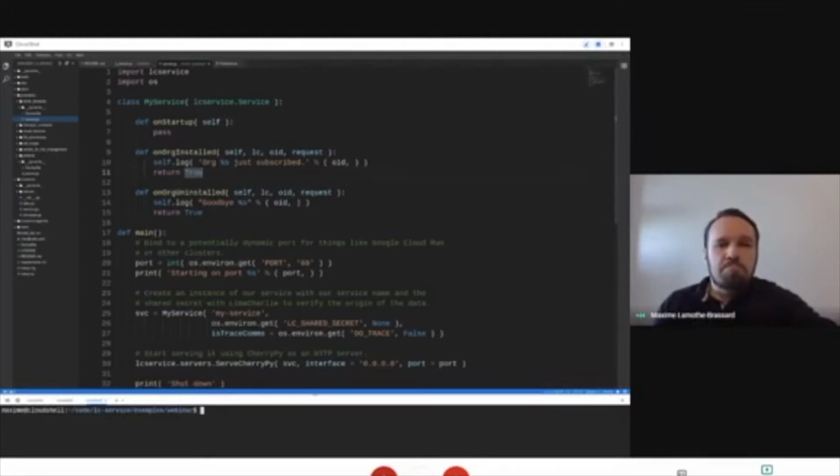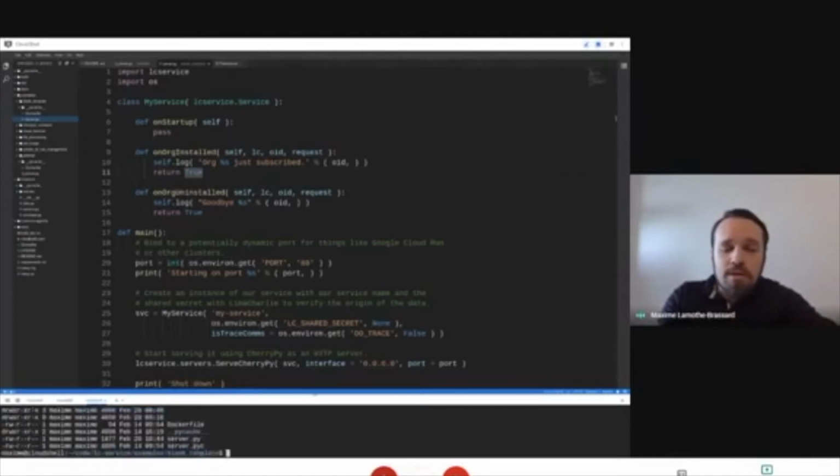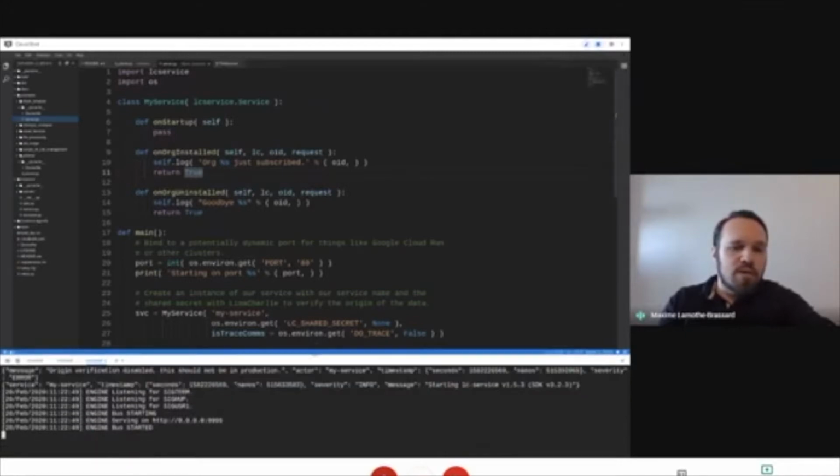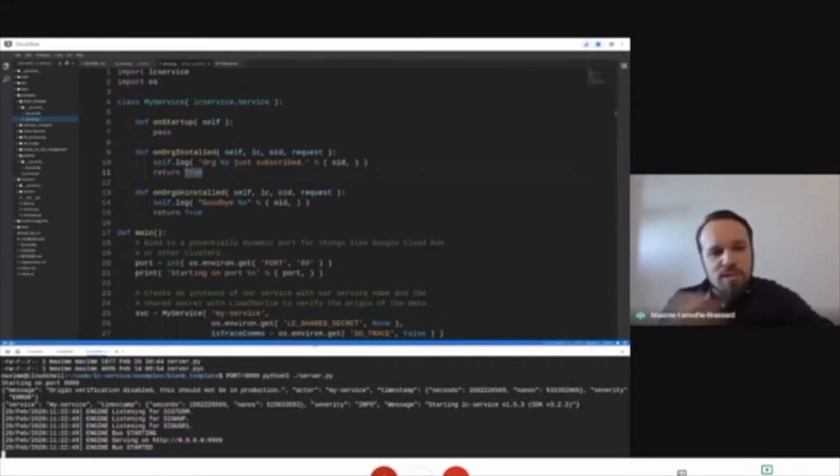So with this, we can go right away and actually test this. So it's actually an entirely viable service. I will just define a port and say that we want Python 3, and I want to start my server. Here we go. It may not be the best way to visualize all this, but essentially you'll see some logging that the service is starting. So it's alive. It's totally fine.